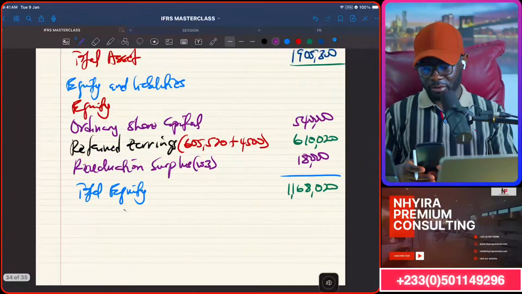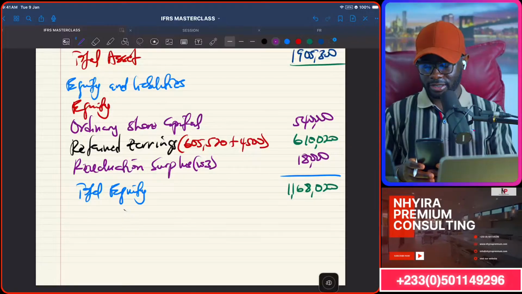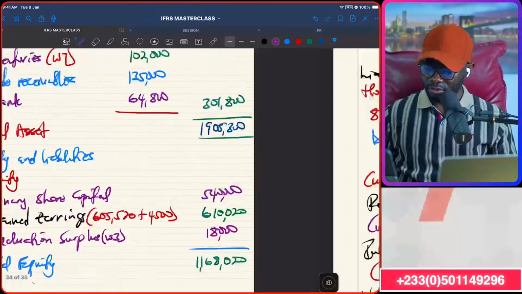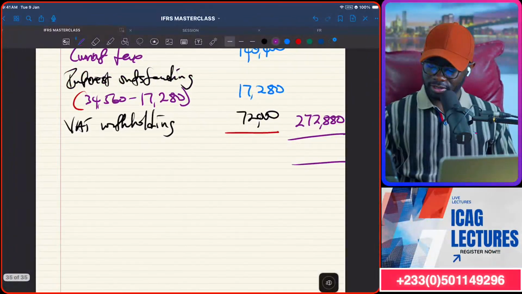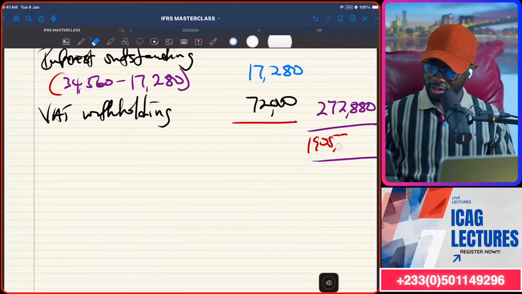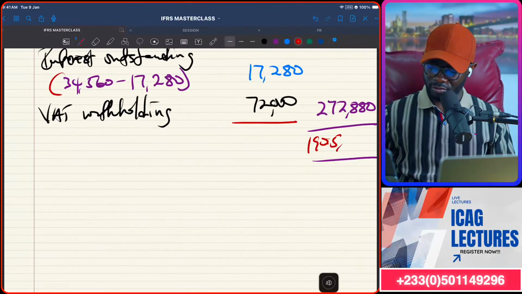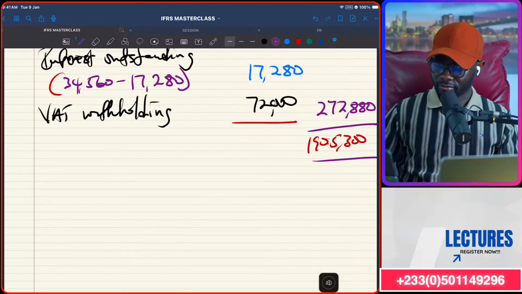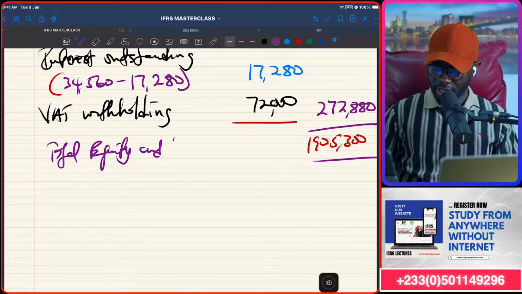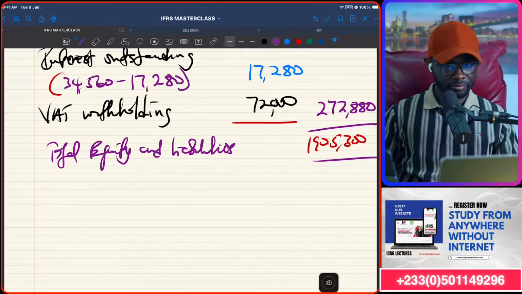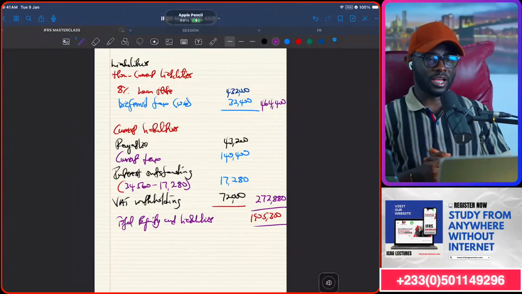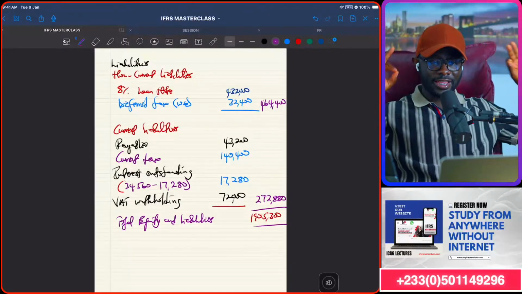Then the total equity 1168.20. Yep, our balance sheet has balance. At least it means we are in a comfortable lead. You know your balance sheet can balance, but you have screwed up somewhere. So total equity and liabilities. That is the answer to the question for 20 marks, and you're supposed to do this in 36